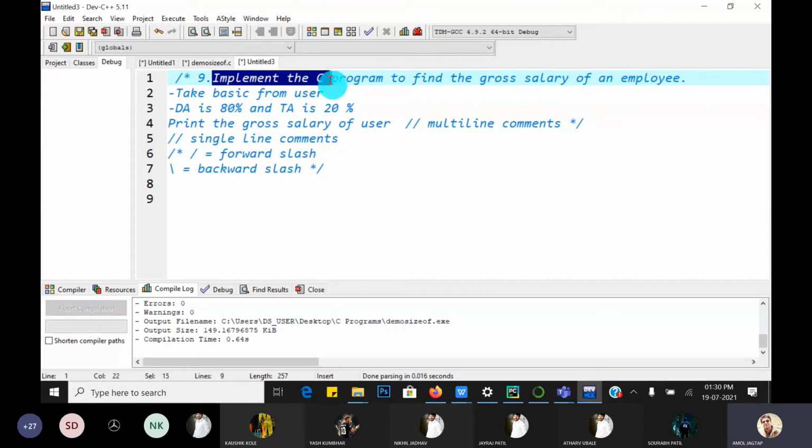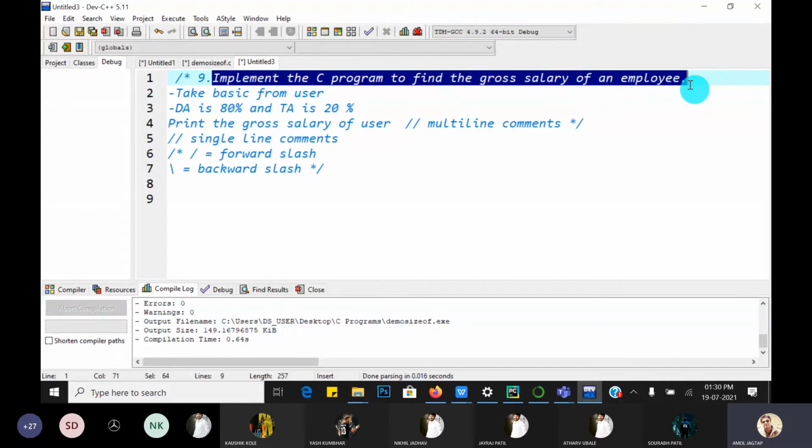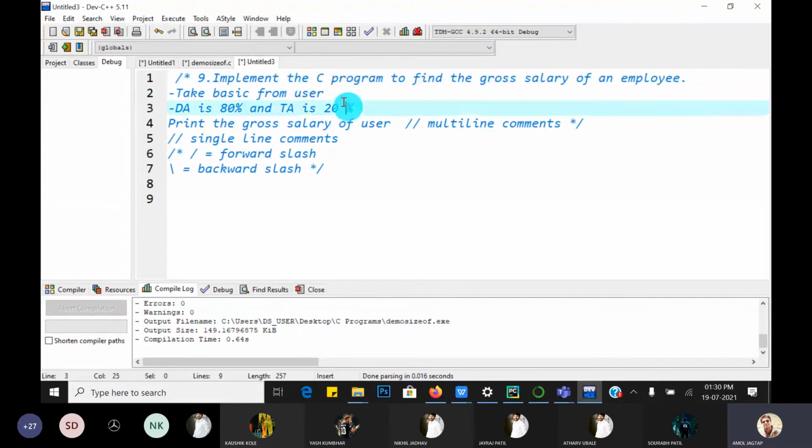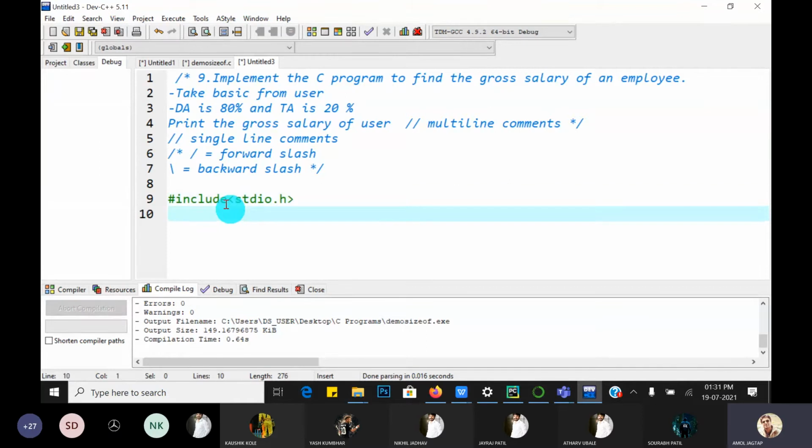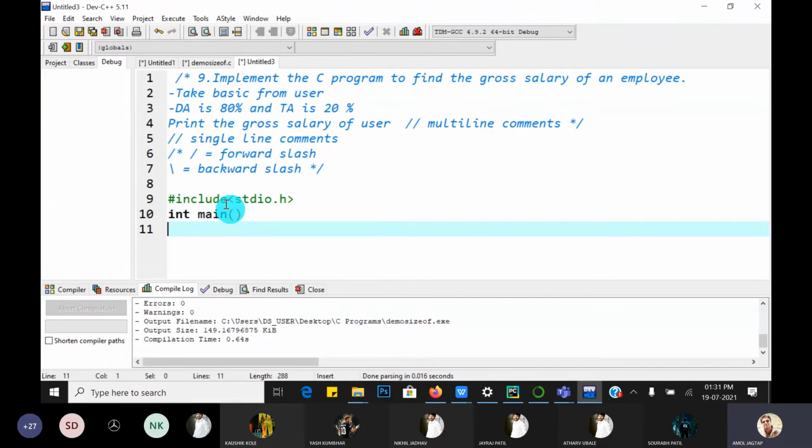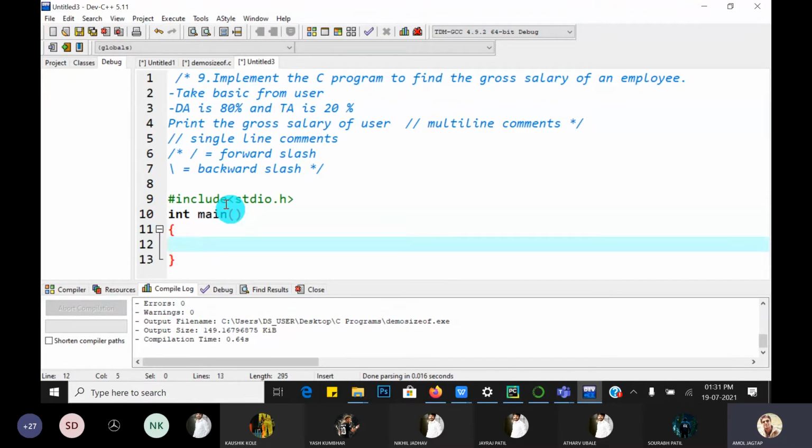Now, let's explore our problem statement. Implement the C program to find the gross salary of an employee. First use hash include stdio.h header file, then int main, that is the main function. Great.